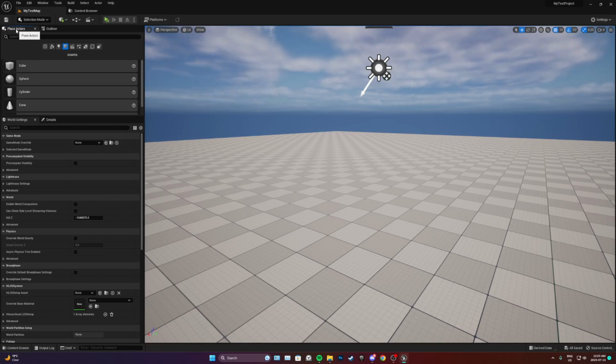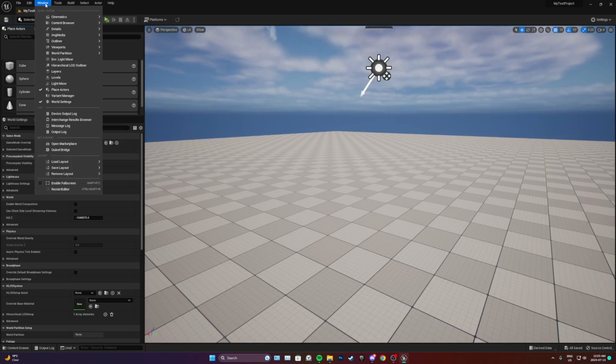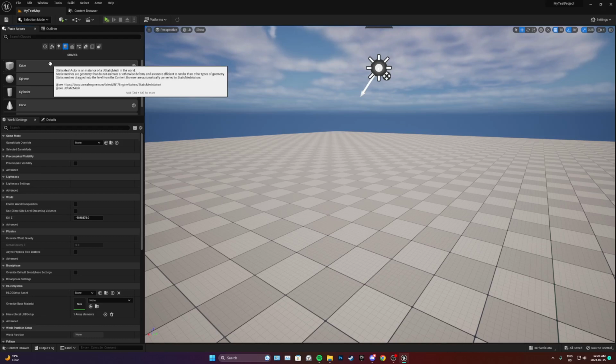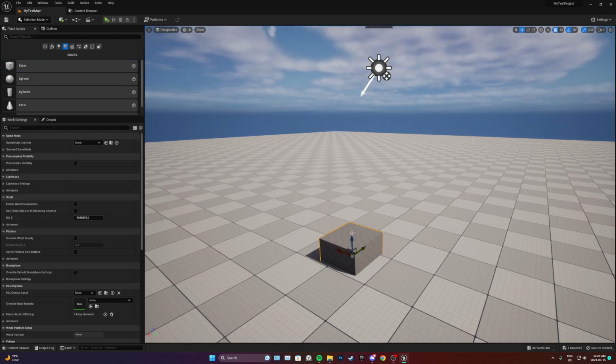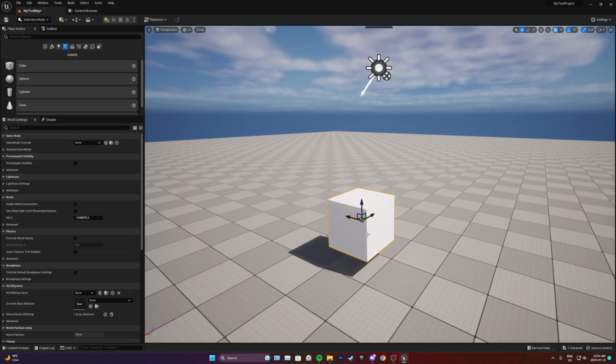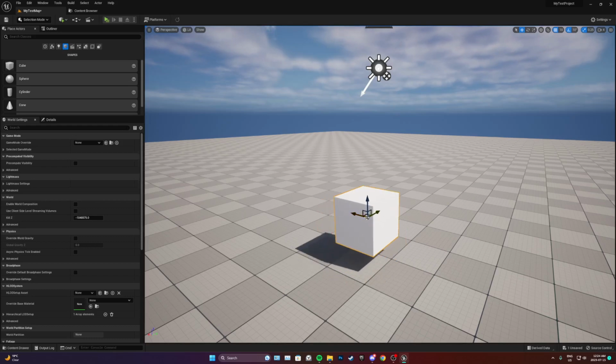So if you go to your Place Actors tab, which should be open by default. If it's not, then you can just go to your Windows tab, and there's a Place Actors one. Just open that up. And just find your Shapes tab, sorry, and just drag in a cube. So this is a static mesh, and we're going to end up creating these out of our BSPs after, to make them a little more performant, or whatever you want, optimized,